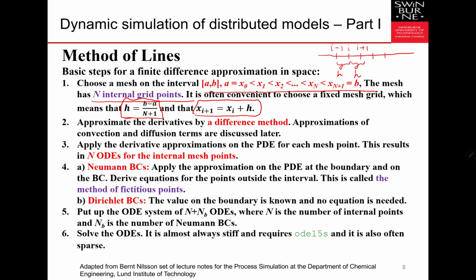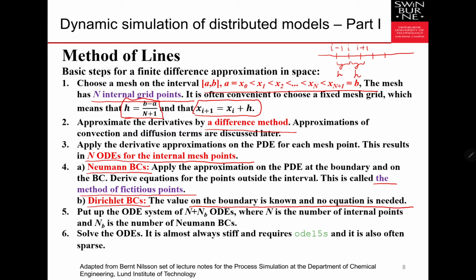Then we approximate the derivatives by a difference method. Then we apply the derivative approximations on the PDE for each mesh point. This results in an ODE for the internal mesh points. Then we may have two different variations: one is Neumann BCs and the other one is Dirichlet BCs. If we have Neumann BCs, then we apply the approximation on the PDE at the boundary and on the BC. This is what we call the method of fictitious points. For Dirichlet BCs, the value of the dependent variable on the boundary is known,